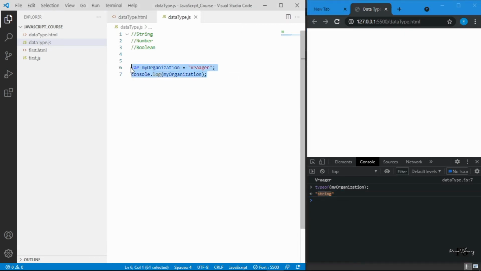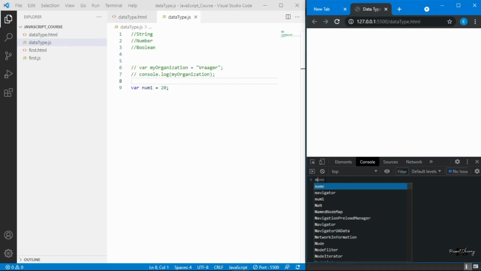Let me remove this. Now I am creating another variable, num1, and the value of num1 is 20. If I save this and call num1 here, the value of num1 is 20.